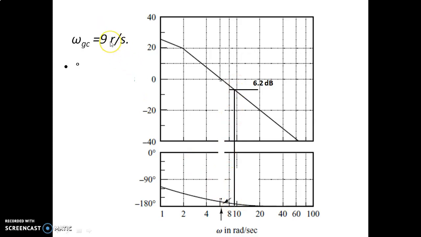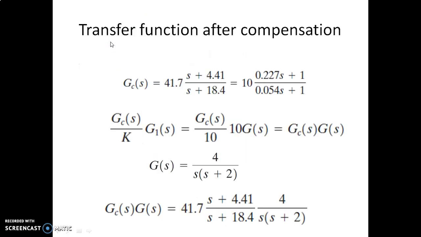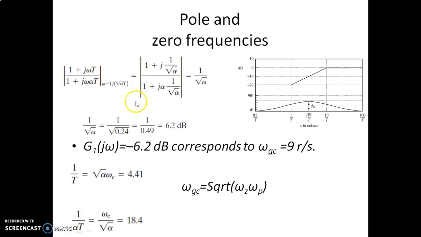So at this 9 radian per second, I have to have a phase of 38 degrees. Keeping that in view, we have calculated omega C, which happens to be 9 radian per second, and the alpha value we found out to be 0.24. The 0 and pole frequencies are at 4.41 radian per second and 18.4 radian per second. So if we keep the pole at 18.4 and 0 at 4.41 radian per second, we'll certainly get a positive phase of 38 degrees at 9 radian per second, which